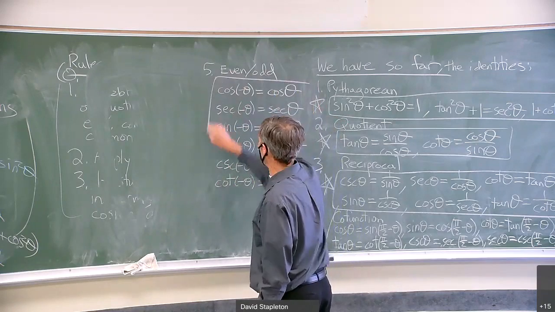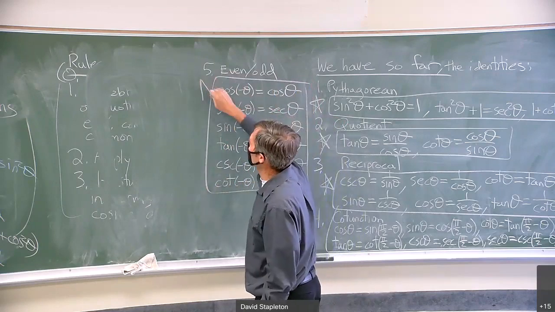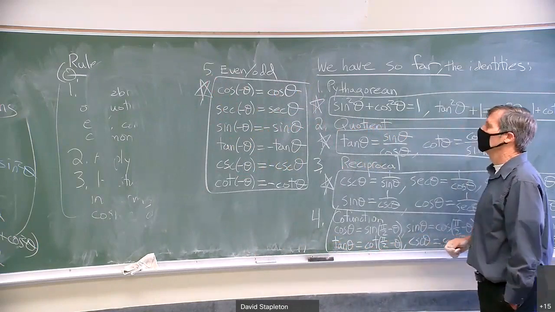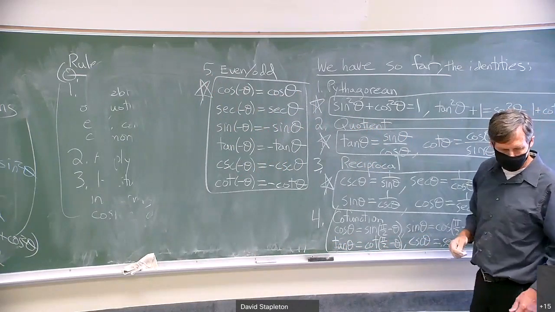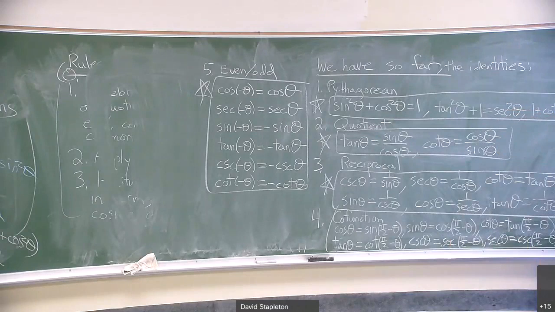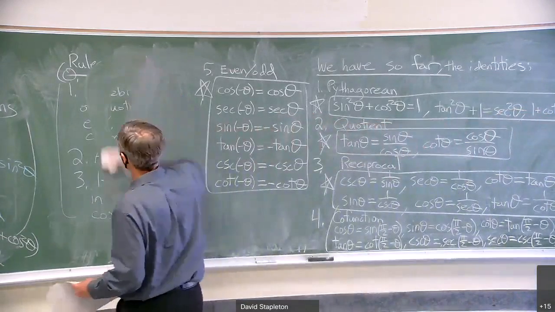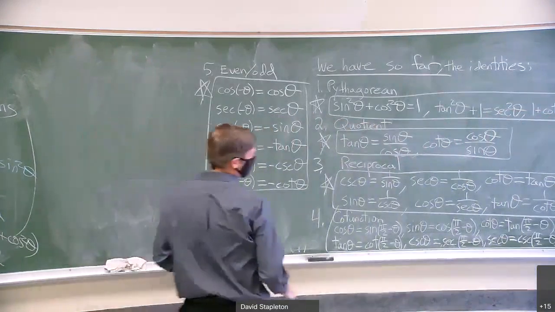So there are the even-odd identities. You want to memorize those. Those are not used nearly as much, though. They were more important for your graphs. Now, finally, we can do some problems. How about that? In the last part of the lecture today, which is really what you want to be about,